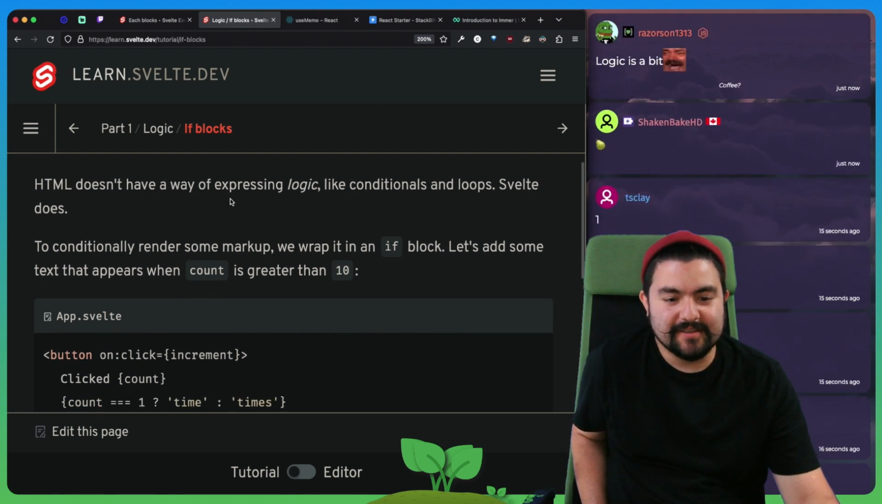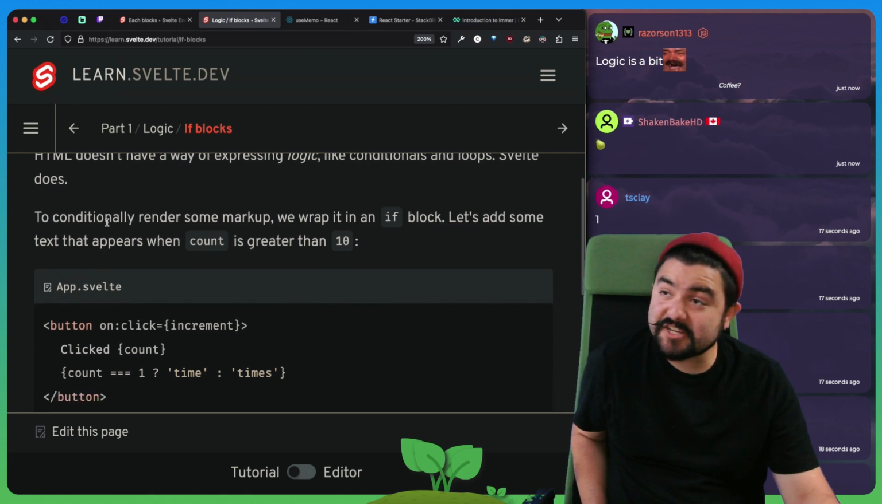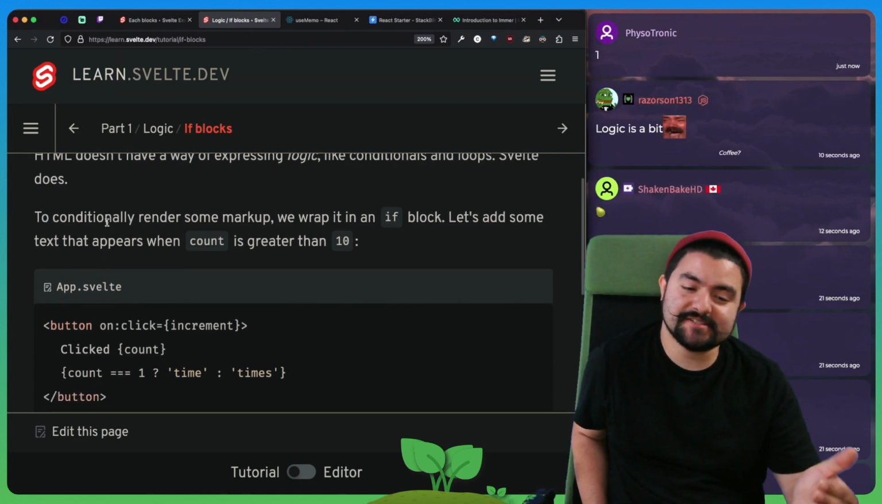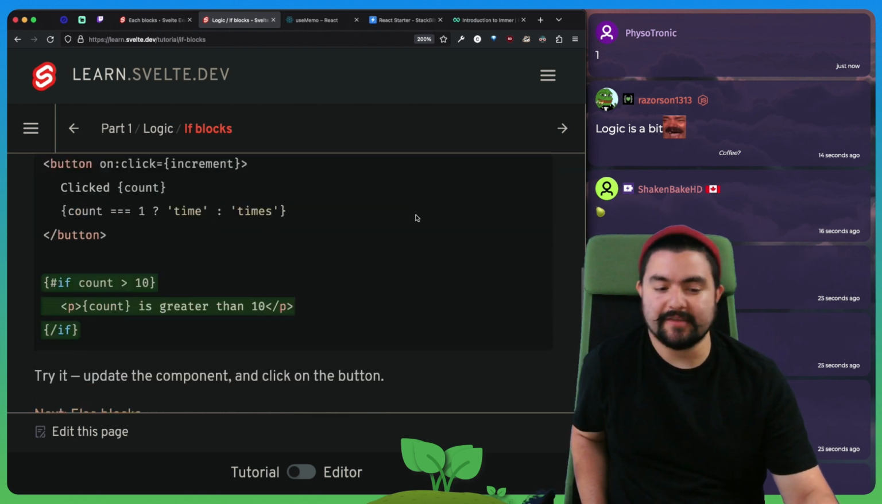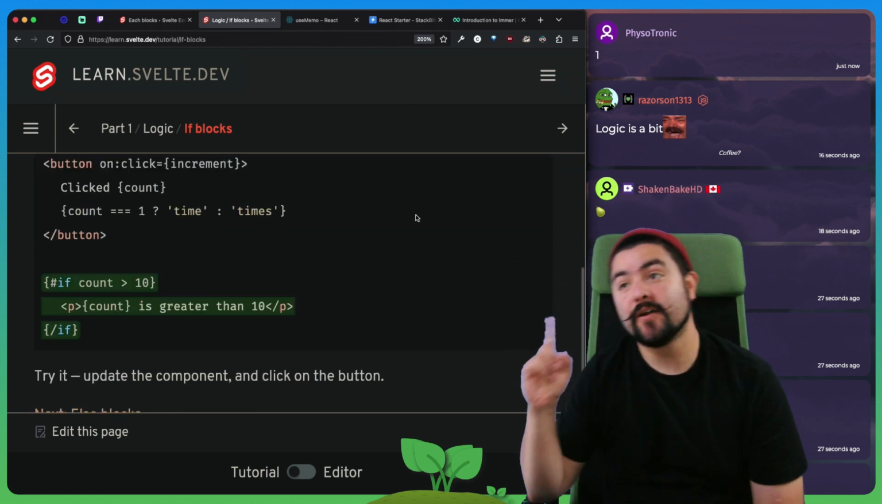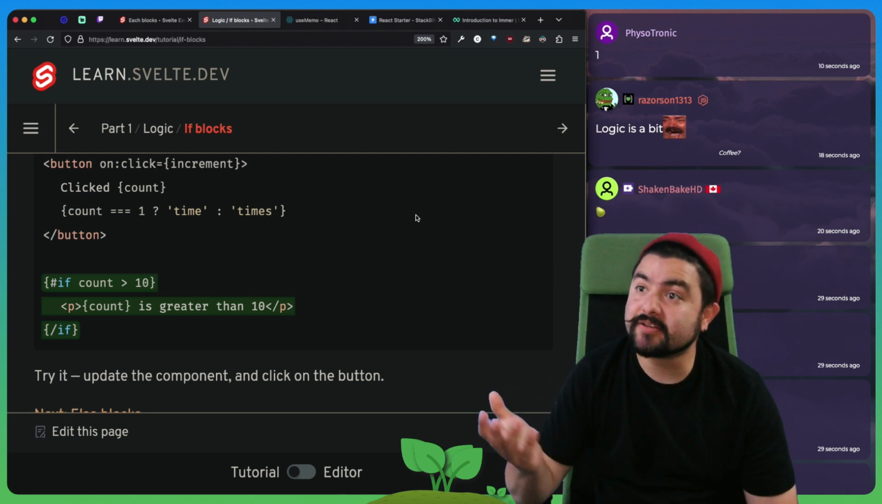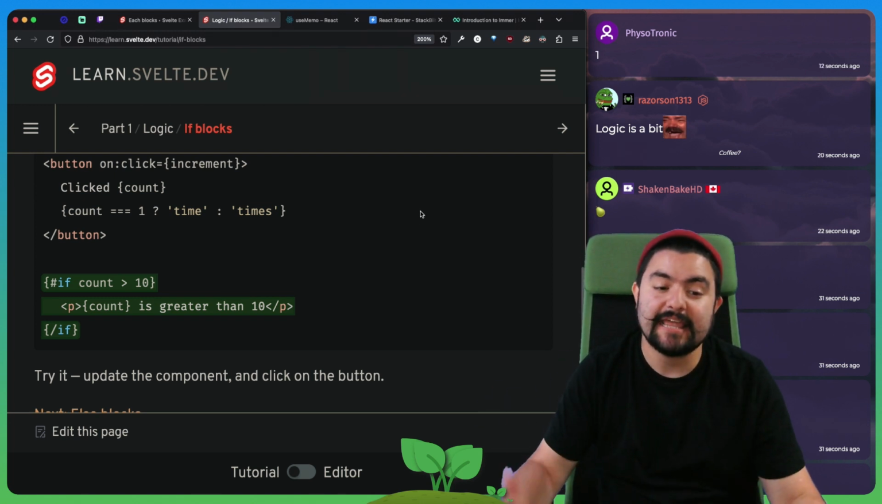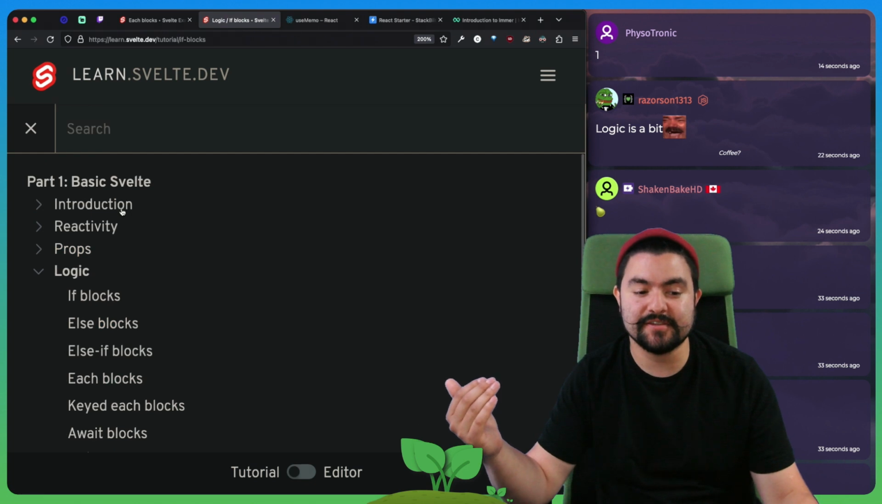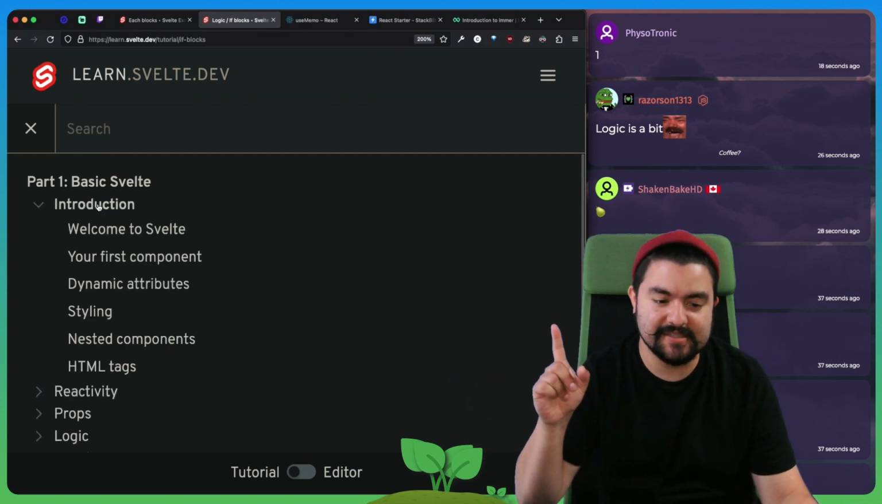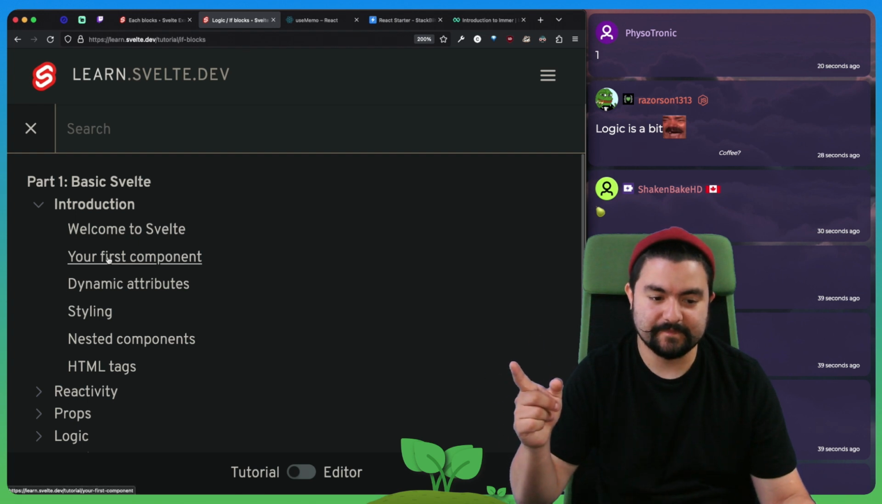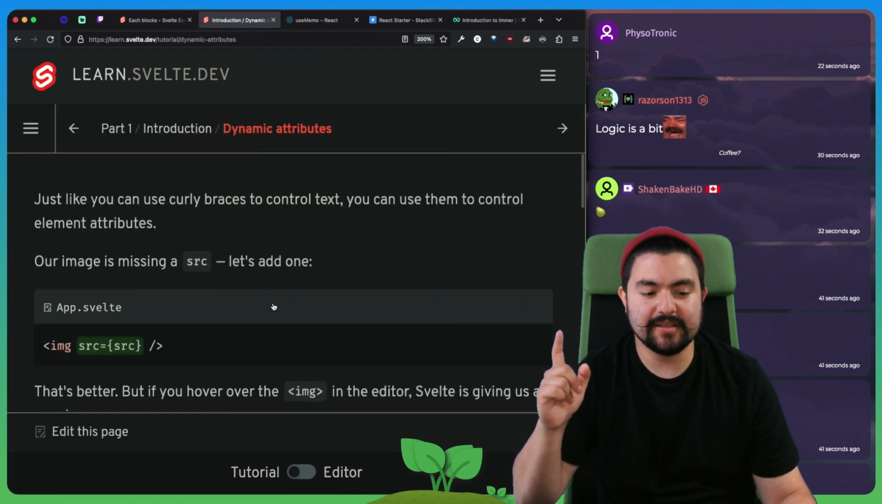Okay, so HTML doesn't have a way of expressing logic. Svelte does. So to conditionally render some markup, wrap it in an if block. I now understand as an educator and someone who scaffolds things, this is why early in the tutorial, and if you're someone that tries to educate people, think about this, early in the tutorial, they showed us,